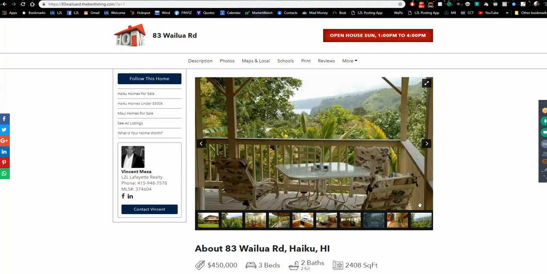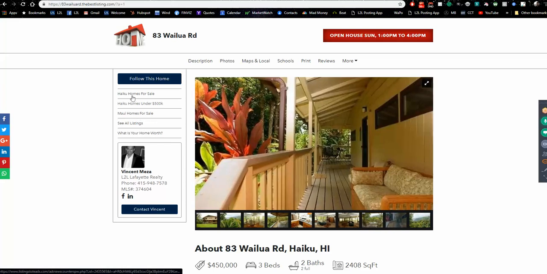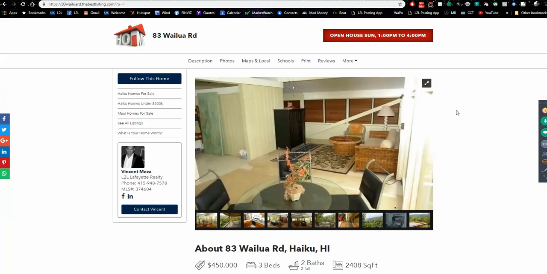So when I look at this page, I can have links on the side. And the home is for sale in Haiku. So I want Haiku homes for sale. If you put Haiku homes under 500K, Haiku homes from 500 to 700, and Haiku homes from 700 and up, we have had offices get a 50% click-through rate at the office level, which means that for all